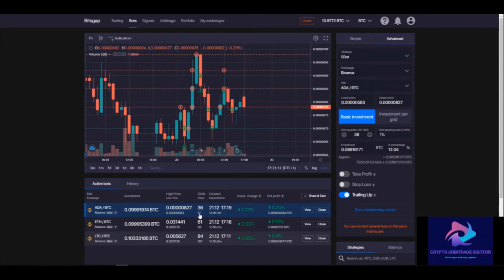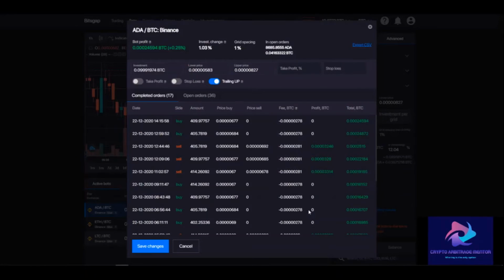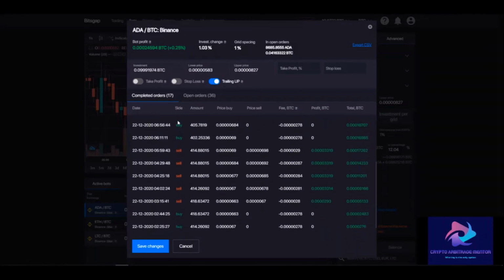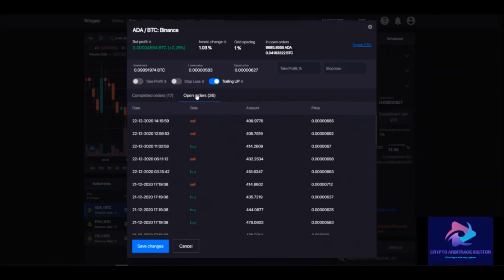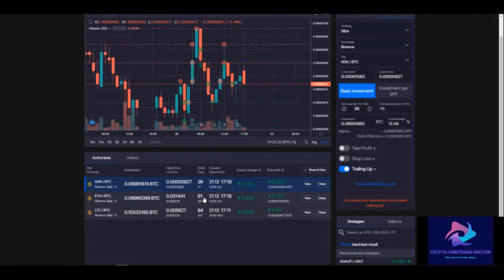It performed 17 trades that you can see here. Okay, these are the completed orders, the buys and the sells. And of course the bot always has 36 orders, buy and sell orders, open. Okay, the second one,